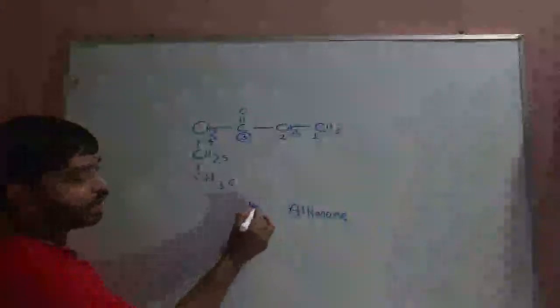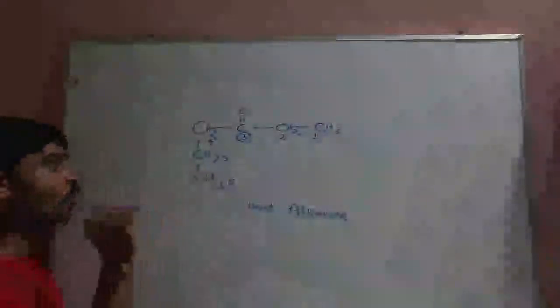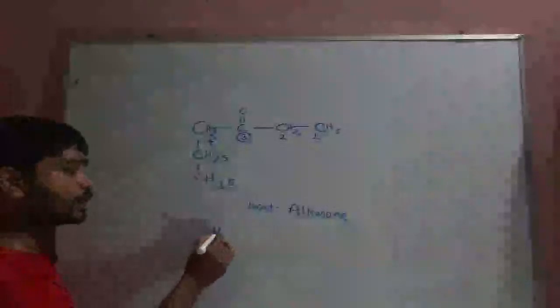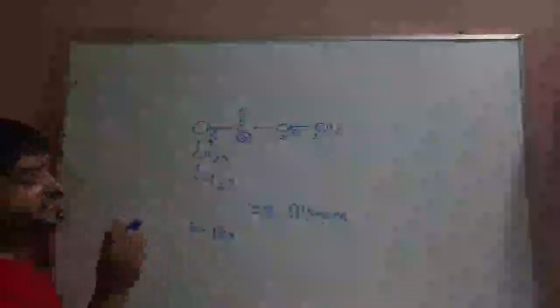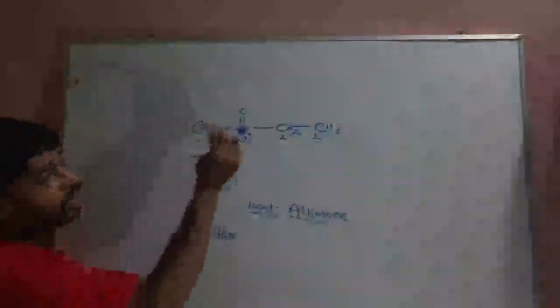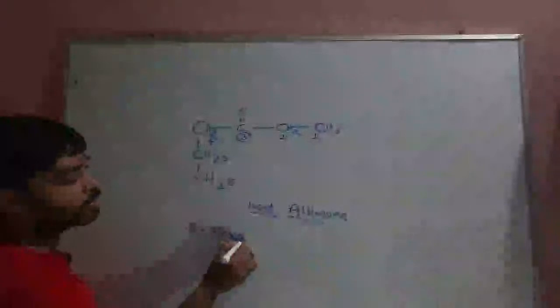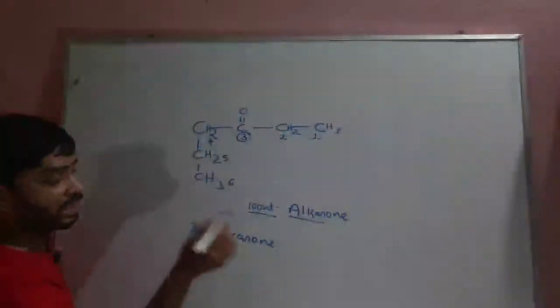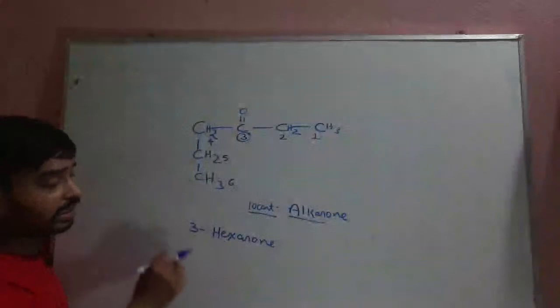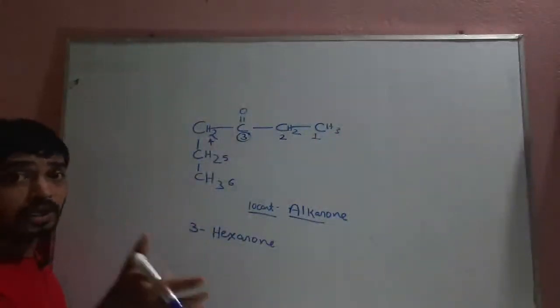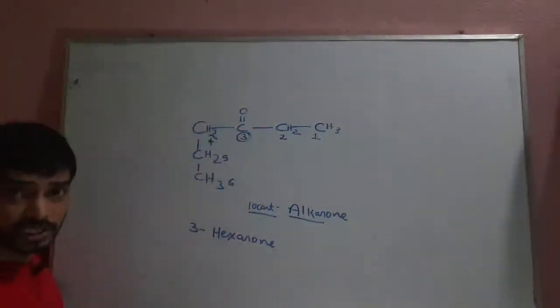always possessed by a locant. That means in this case 6 carbons are present, so the word root for the 6th carbon is hex, and the locant for ketone is 3. So I am writing 3 for the locant and 6 for the carbon word root. So hex, and due to ketone it becomes hexanone. Hexanone or hex-3-one, 3-hexanone, becomes the name of the long continuous carbon chain,